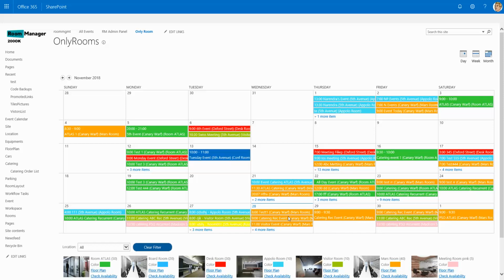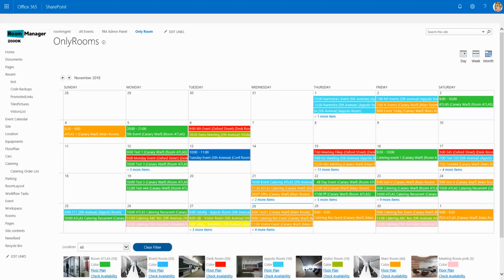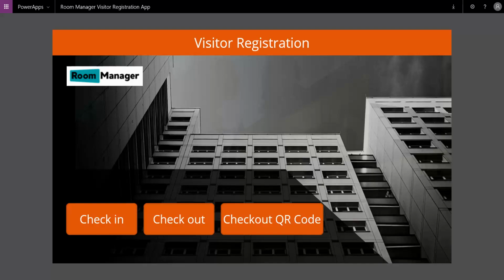Welcome to this presentation. In this demo, you will see how the visitor registration Power App is connected and working with the Room Manager site. So what we'll do is add an event as a host, organizer, and invite an external guest with his email address. The external guest will arrive at the front desk or at the reception and use the check-in functionality of